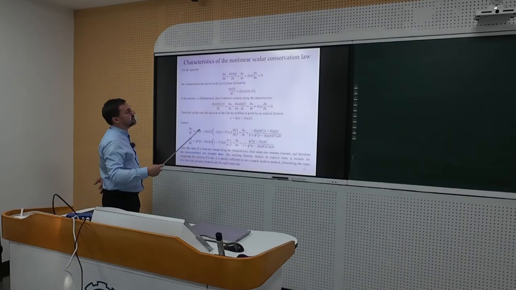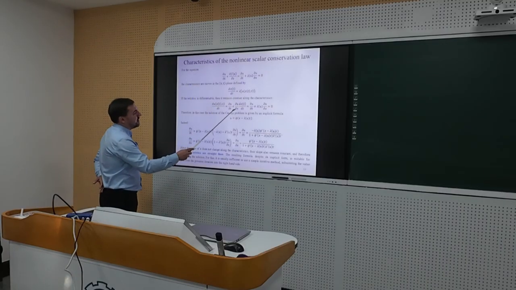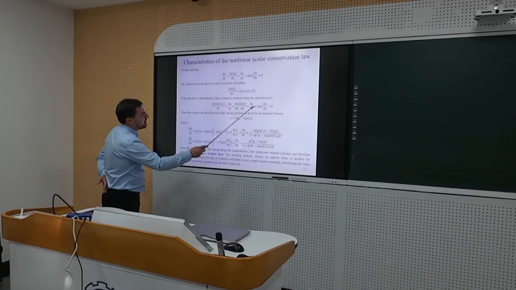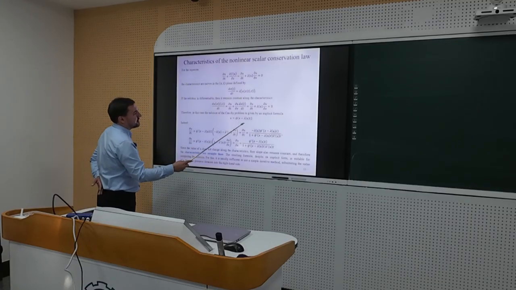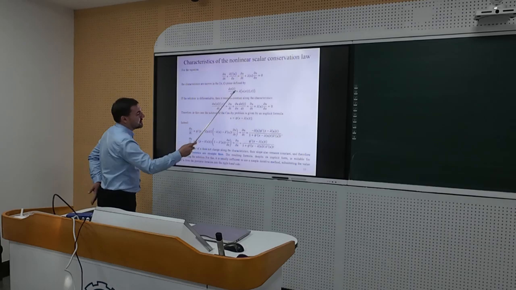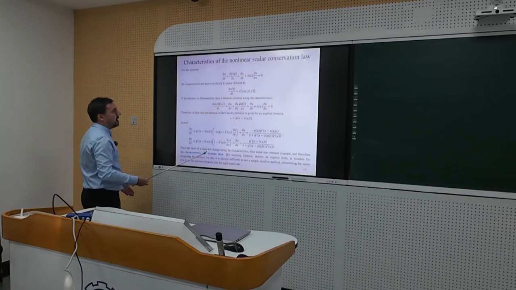But x is also a function of t. That is why it's du over dx and dx over dt. But dx over dt is lambda. And we get our equation, du over dt plus lambda du over dx, and it equals 0, because it's the equation that we are going to solve. So it means that,